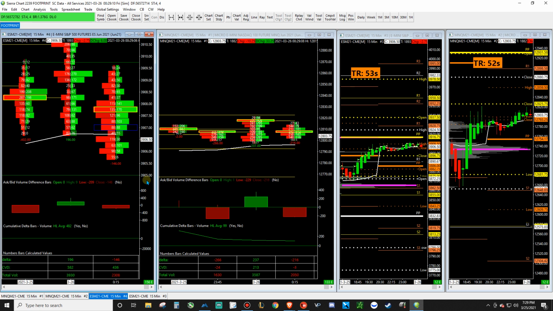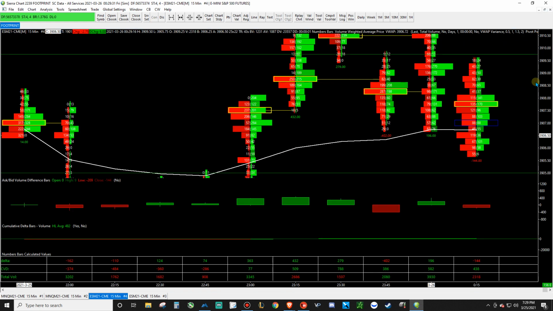I tried to build out my own version of it on TradingView, but it's not nearly as good as this, mainly because you don't really get the market depth in TradingView. You don't get the orders to build indicators around. So that's what this does here, and I'm just going to go through it pretty quickly, just to